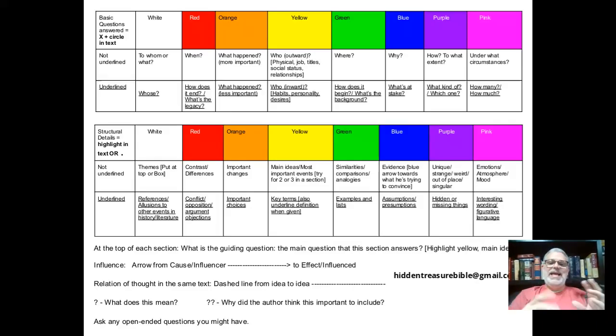What you're doing is the teacher is answering a question when he gives you a lesson. Each section in the Bible, I think, is being used like a lesson that the human author is trying to teach us. So we want to figure out, what is the question that he's trying to answer